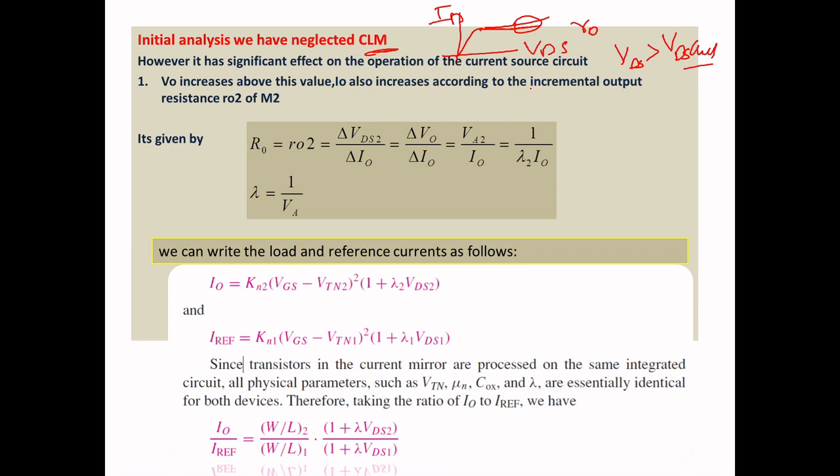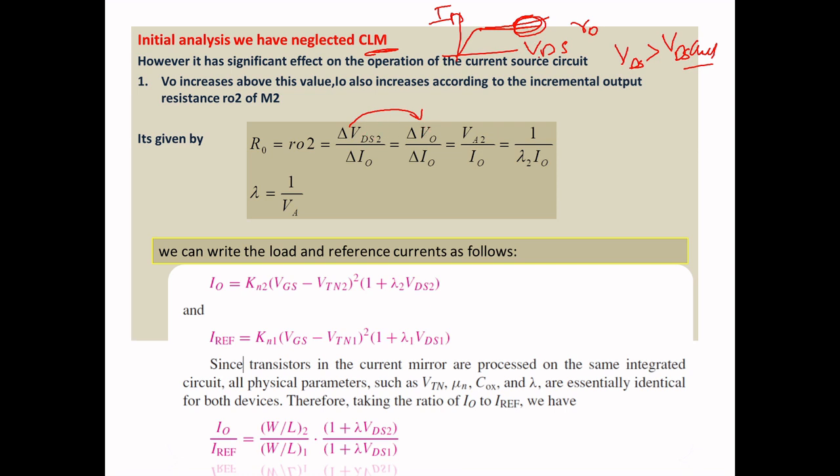But this is an unexpected condition, so people don't want to work in this condition. But anyway, you want to understand. So there is channel length modulation when VDS is greater than VDS saturation. That is the change of VDS with respect to the change in I0, so your resistance is going to change. This can be equal to the output voltage, because you are taking your output at the M2 transistor. So they are equating your VDS to V0.